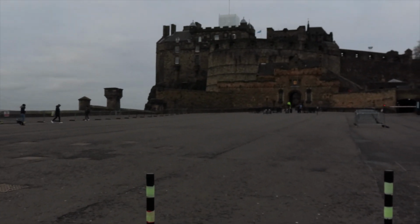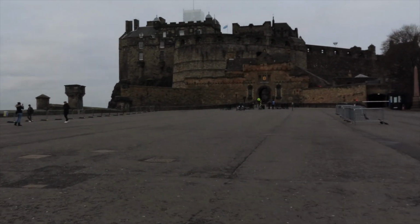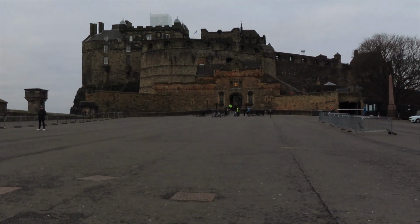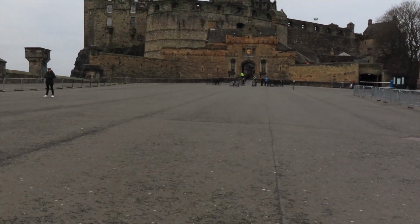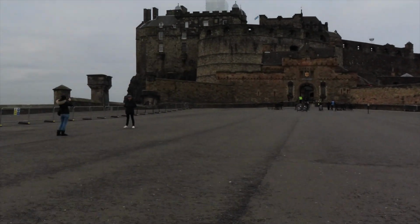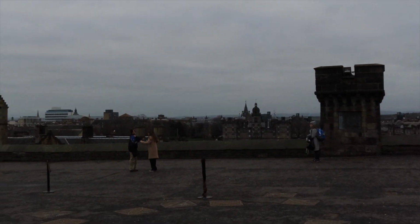Well, we couldn't do a list without coming up here, could we? And here we are. The beauty. My castle. Edinburgh Castle. Yeah. But did you know that Edinburgh Castle, or Castle Rock, which is what we're standing on right now, is an extinct volcano? As is, if I can go around here, Arthur's Seat, which you should be able to see from